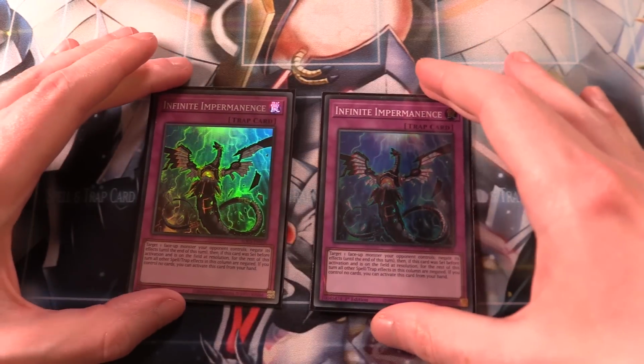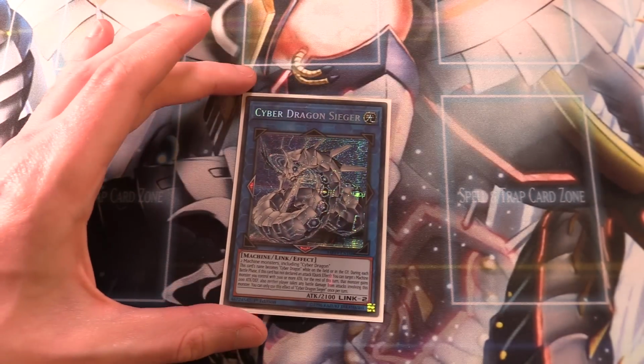Then finally, rounding the deck off, I run 2 copies of Imperm. Going into the Extra Deck now, 1 copy of